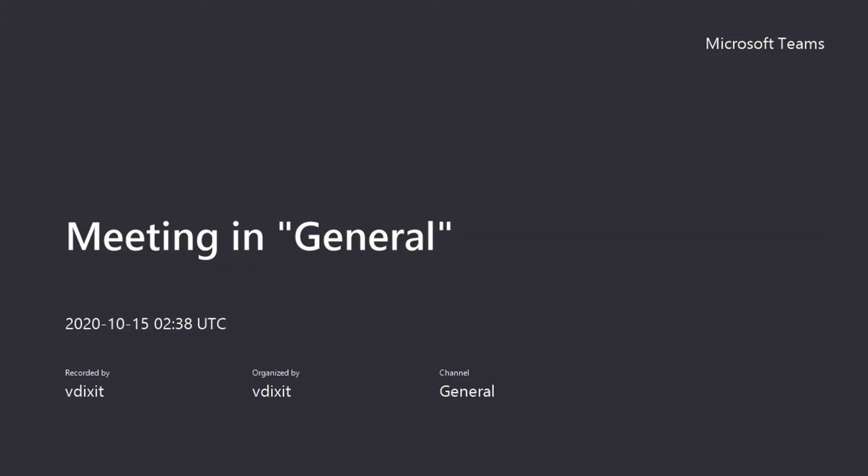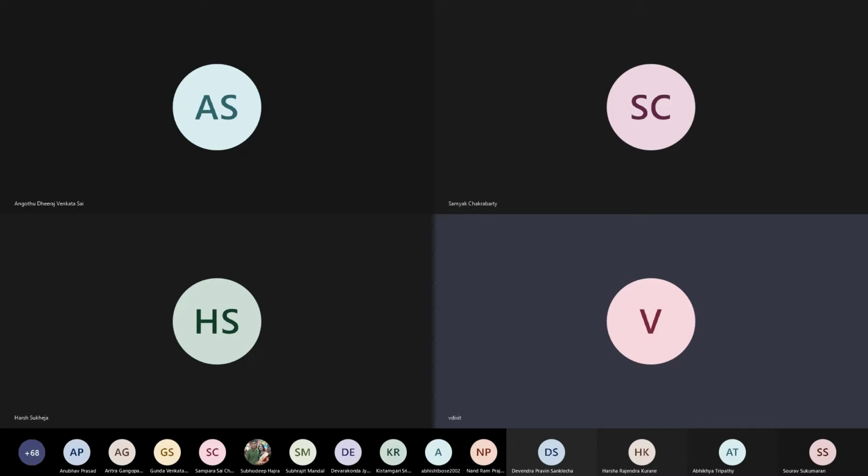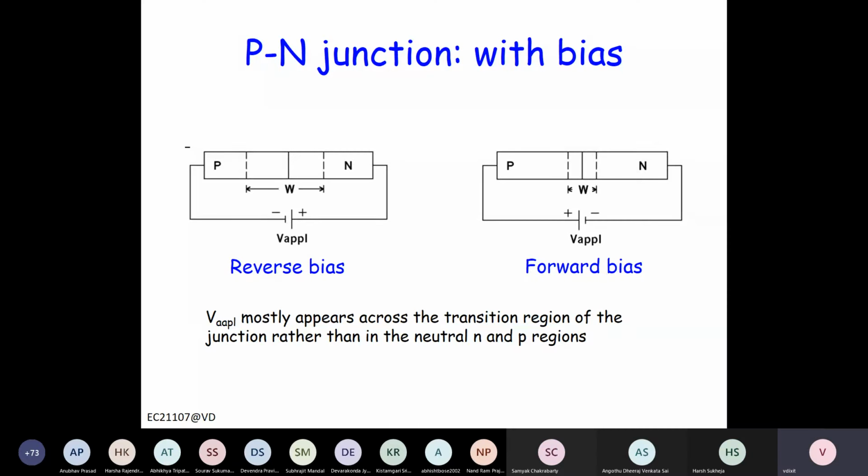Our discussion. Last class we discussed the equilibrium p-n junction, right? Now let us discuss what happens when we apply a bias. In equilibrium, current does not flow, but the current components are there. Electron diffusion and electron drift are both there, and these components cancel. Now, which one of them is the cause, and which is the effect?